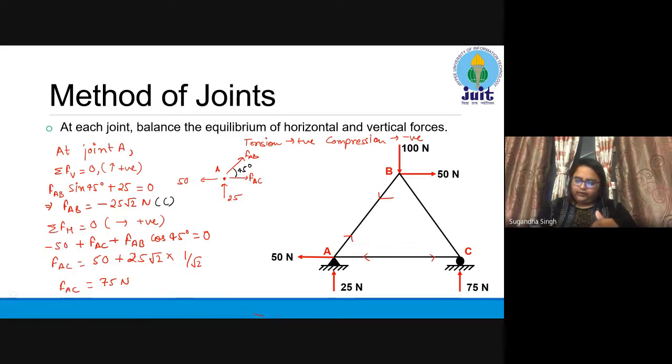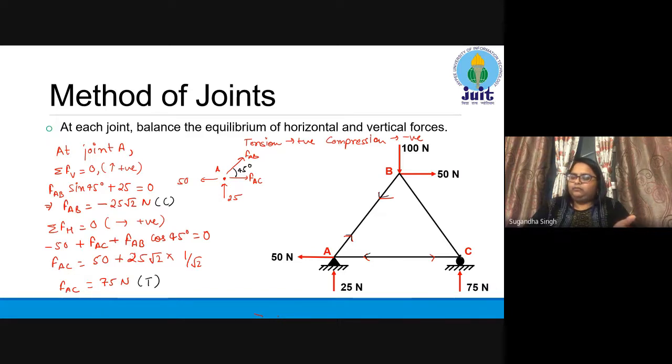These arrows are really important for anyone to understand what are the direction or the type of force that the member is being subjected to. So these type of arrows show that it is tension, it is subjected to tensile forces, and these arrows show that it is subjected to compressive forces. Now we have one more member to calculate the member stresses.